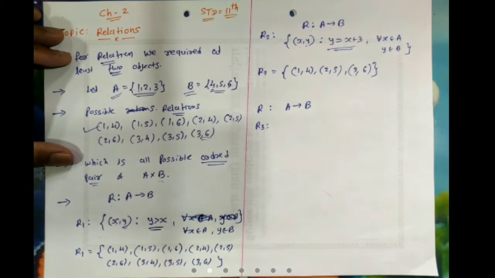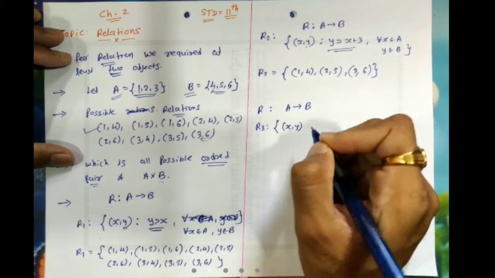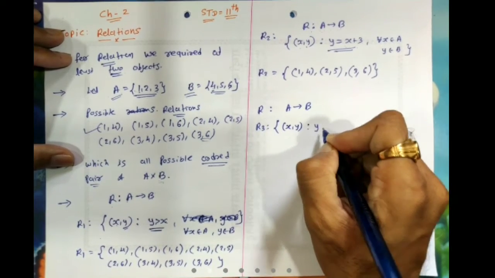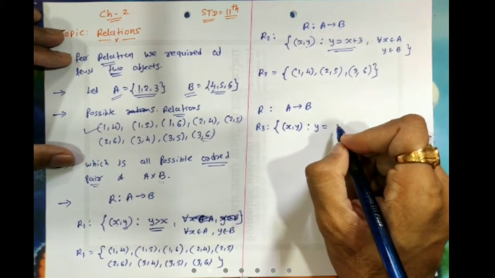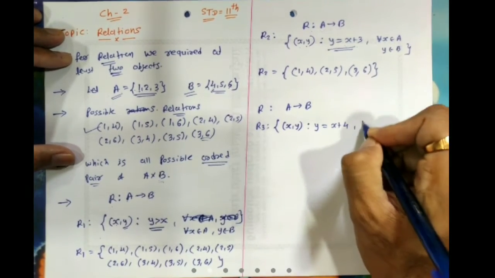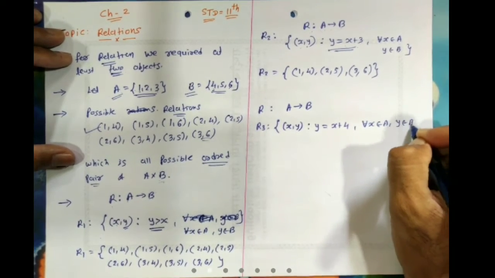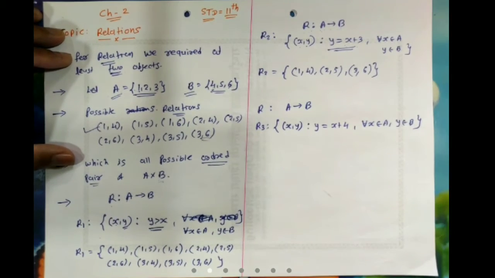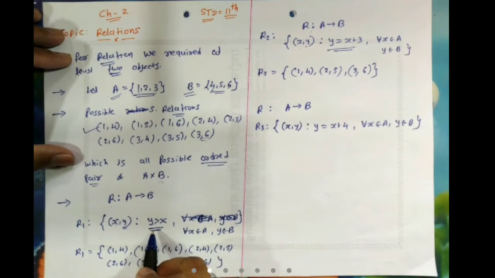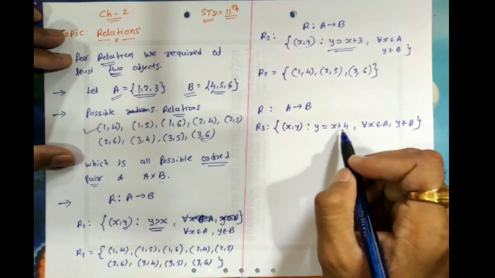Now describing the condition for the relation. Suppose the third relation is there, which is an ordered pair x, y. Which type of ordered pair? So here we are describing our relation like this: second element y is 4 greater than the first element, in which the first element must belong to set A and the second element must belong to set B. Done. Change the description of relation. First description was y greater than x, then after that we changed the description to y equal to x plus 3. Now again we are changing the description of relation.